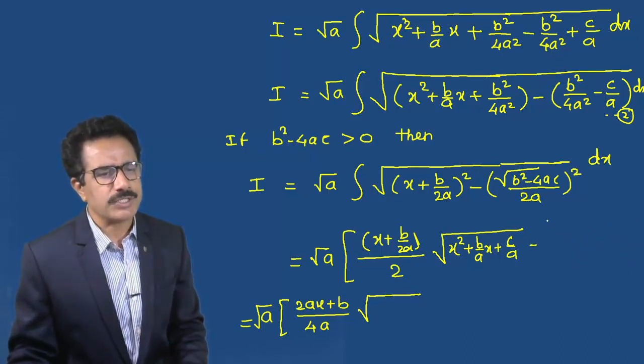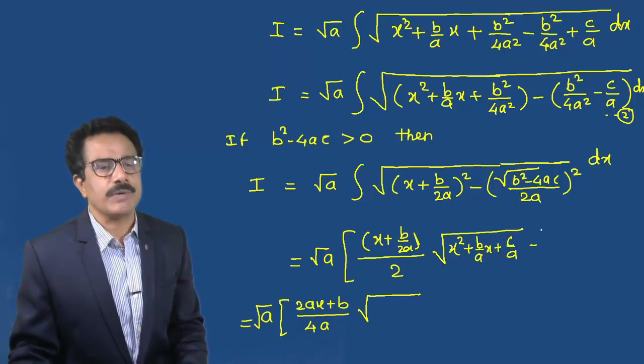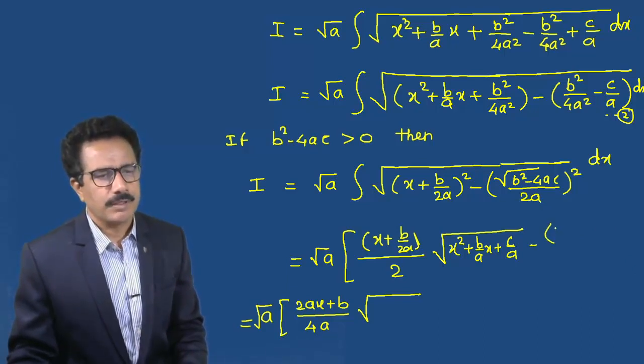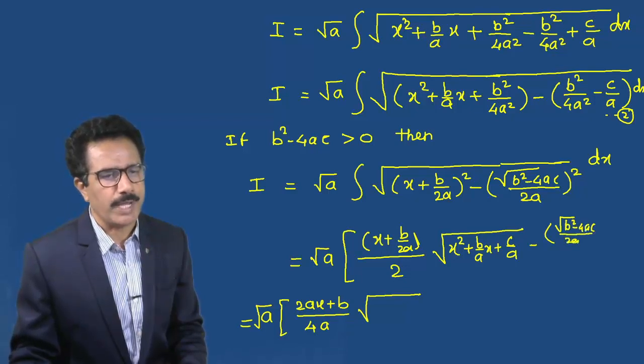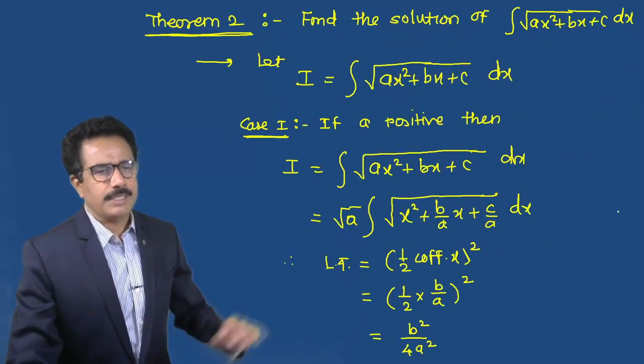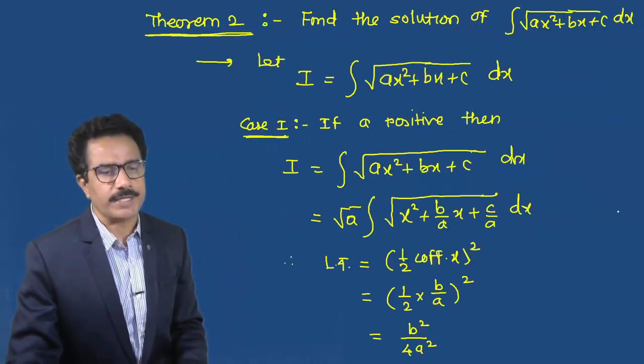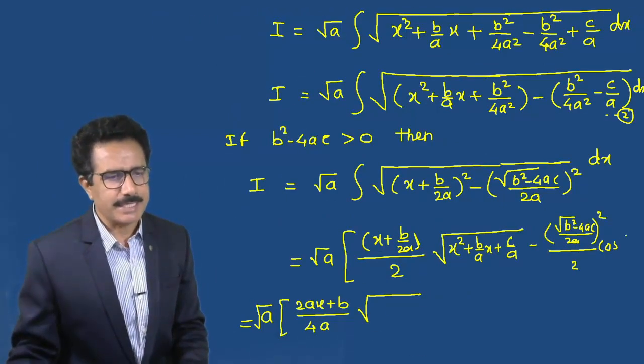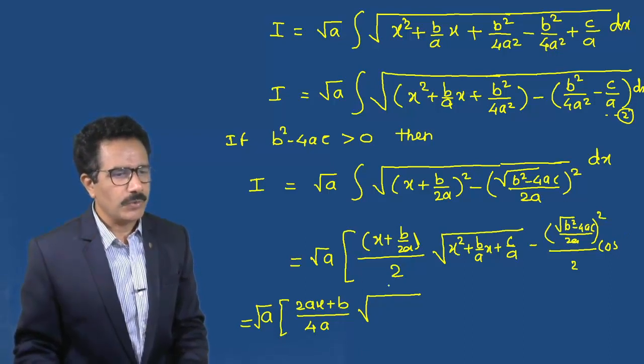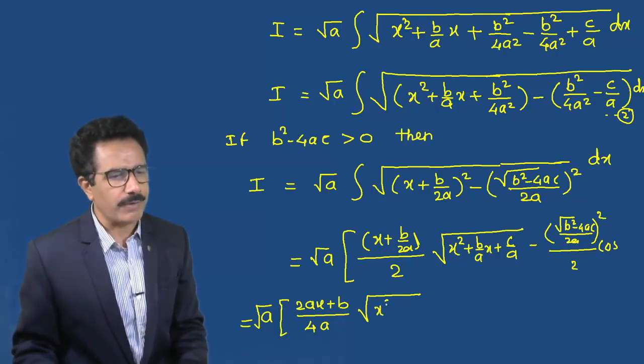So minus a square by 2, where a square means this constant term, root of b square minus 4ac divided by 2a, its square divided by 2 into cos h inverse. See, a square by 2 into cos h inverse of x by a. Okay, sitting here is difficult, but fine. 2ax divided by 4a into x square plus b by a into x plus c by a